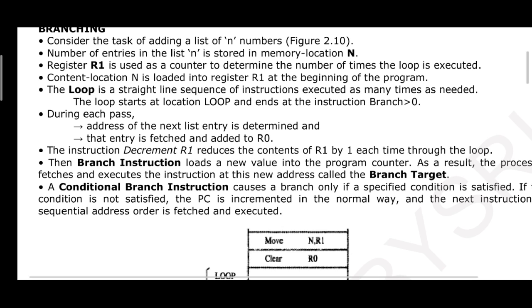Just analyze this and correlate it with your C program. If I ask you to write a C program to print your name 10 times, what will you do? There are two options. One is writing the printf statement 10 times, otherwise using a loop. That also does the task, but we can do it efficiently by reducing the amount of code using a loop statement. We can use a for loop, while loop, or do while loop in C programming.